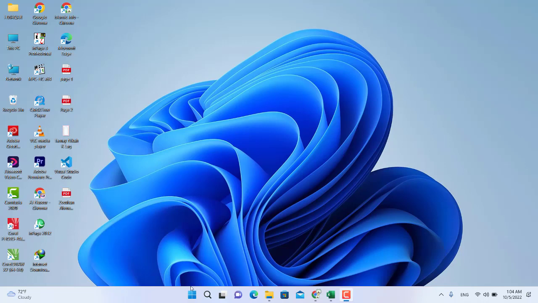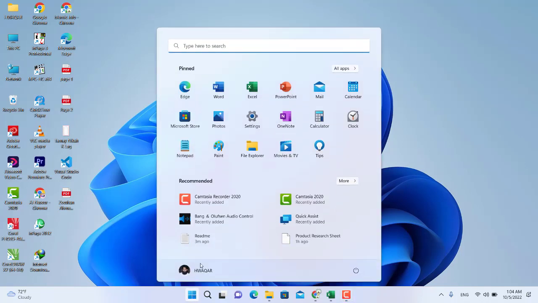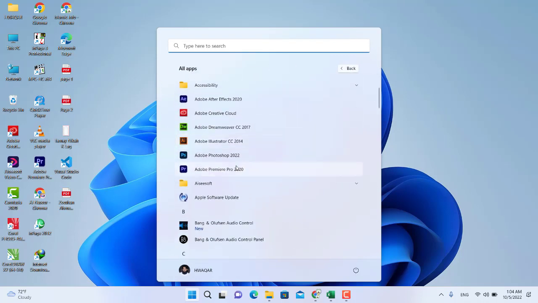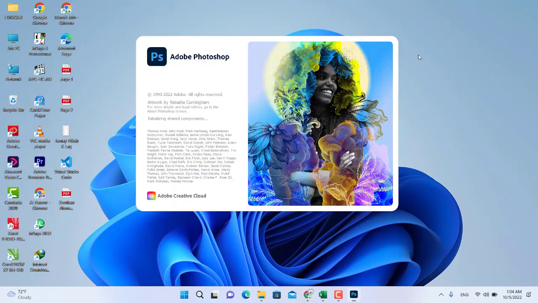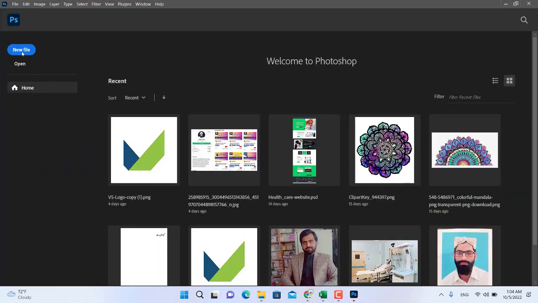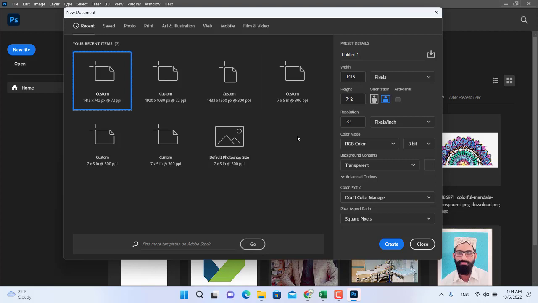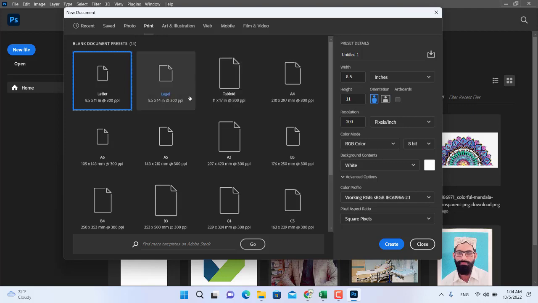I want to share how to design in Photoshop and Illustrator with a low specs laptop, for those who want to design with low specs. First of all, when you create a new file, you can also use Control N, but I want to use this, and here I select the